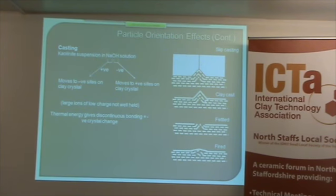You get the same effect with bodies which are slip cast. I presume you're all familiar with slip casting. What we do with slip casting is to prepare a liquid slip which is very dense, so that it has a relatively low water content and therefore doesn't have much wet to dry shrinkage. And we prepare the casting slip by using a sodium silicate or soda ash deflocculant. Make a very small addition between 1/4 and 1/2 of 1%,